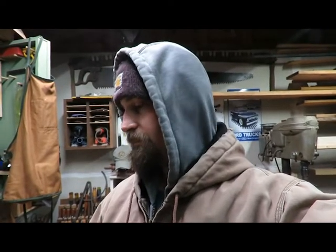So I do also want to get a finish put on this, and one of the things that I cannot do is any kind of polyurethane or lacquer finish, because it's way too cold here in the shop. So I'm pretty much going to be doing a waxed finish on this. It'll give it a little bit of a dull look. I was thinking about using some boiled linseed oil on this first with a turpentine mix. That way the boiled linseed oil really gets into the wood quicker, dries quicker,